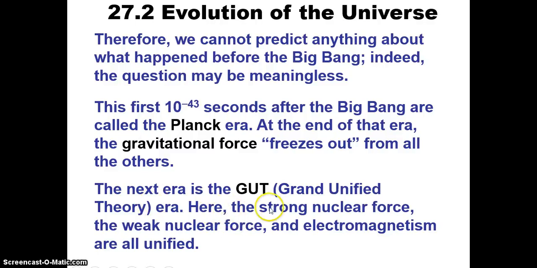Okay, so the way this works with the grand unification theory is that gravity strips off first. It was originally part of the four forces, which were part of one super force, if you will. Gravity peels off first in the early moments of the Big Bang, and then the strong nuclear force peels off, and then the electroweak, and